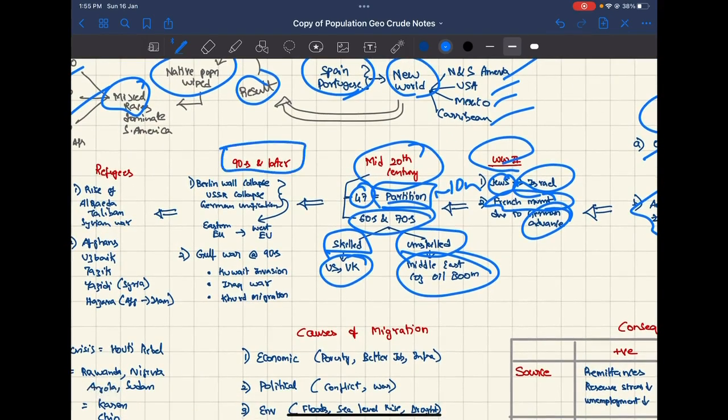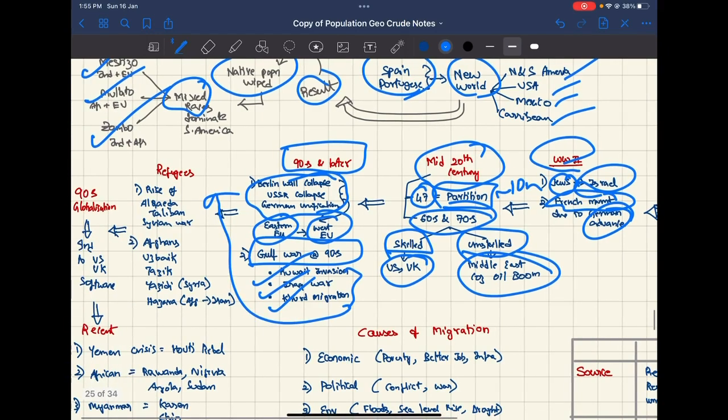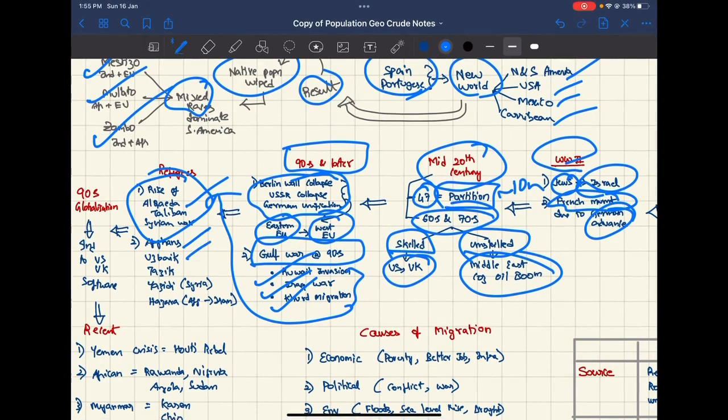In the 90s and later, the Berlin Wall collapse and USSR collapse led to people moving from Eastern Europe to Western Europe. The Gulf War in the 90s, Kuwait invasion, Iraq War, and Kurd migration led to many refugees. The rise of Al Qaeda, the Taliban, and the Syrian war also led to many refugees. Some other refugees are Afghans, Uzbeks, Tajiks, Yazidi in Syria, and Hazara from Afghanistan to